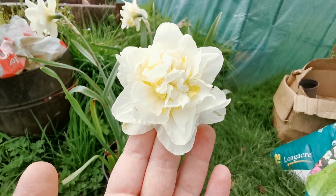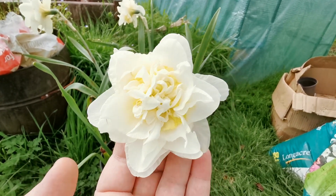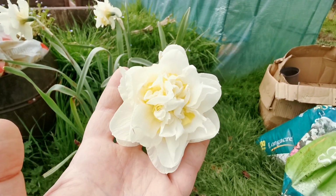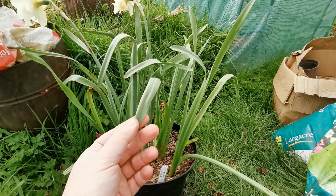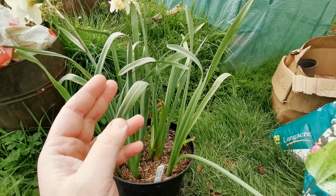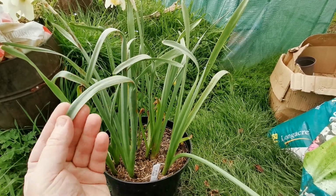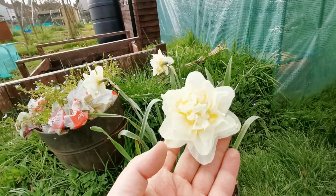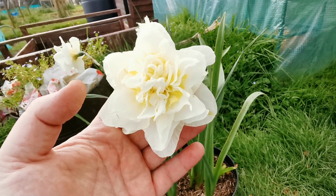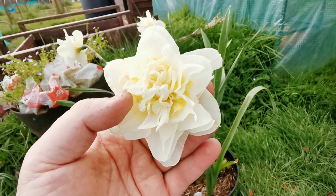Like all daffodils, this plant needs to be planted in autumn. The bulbs need to be planted in autumn, and they will grow between winter and spring, flowering in spring. After the blooms fade, remember to keep the leaves well hydrated, and obviously do not cut them, even if they start withering and dying down, because it's the photosynthetic activity of the leaves that will nourish the bulb for next year's blooming. Like many double daffodils, this plant is hardy in USDA zones 4 to 8,